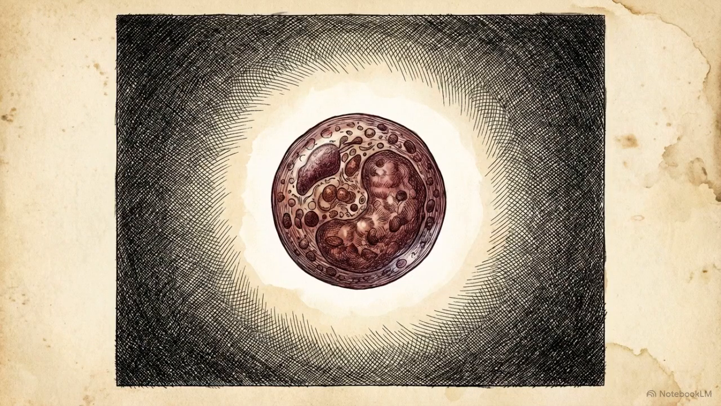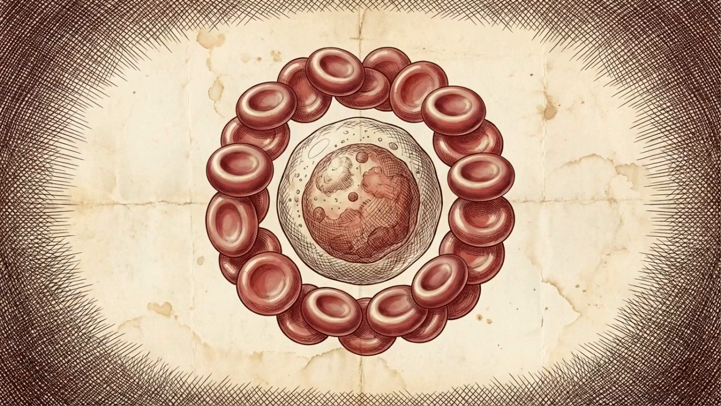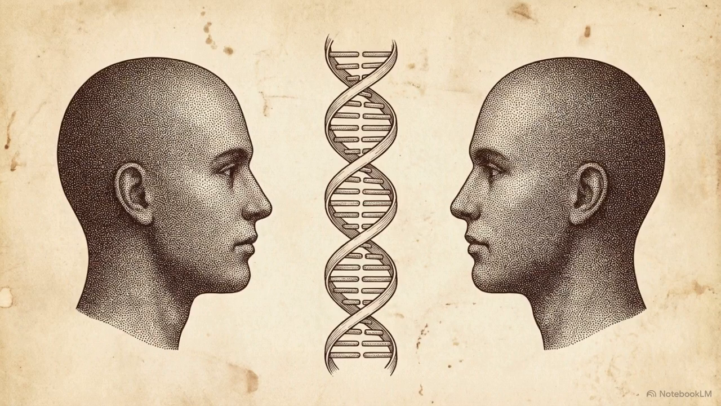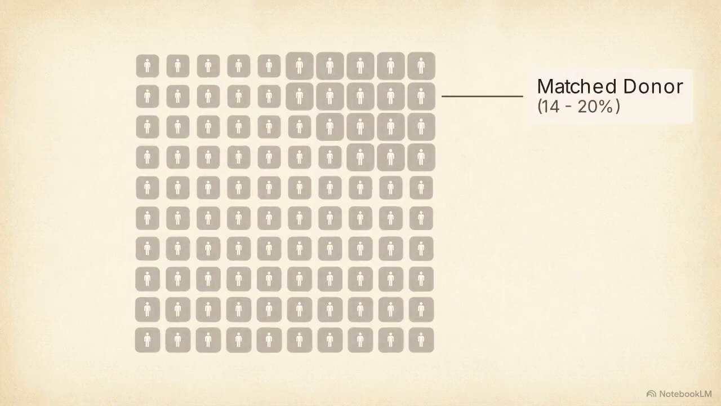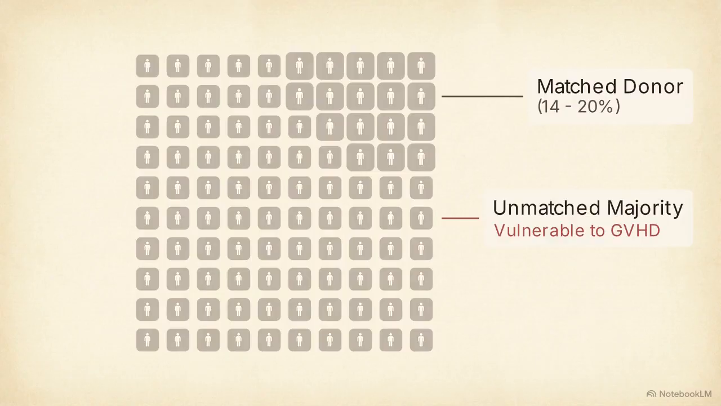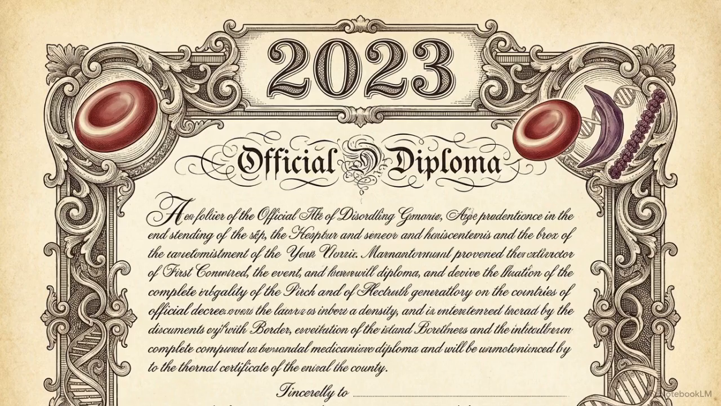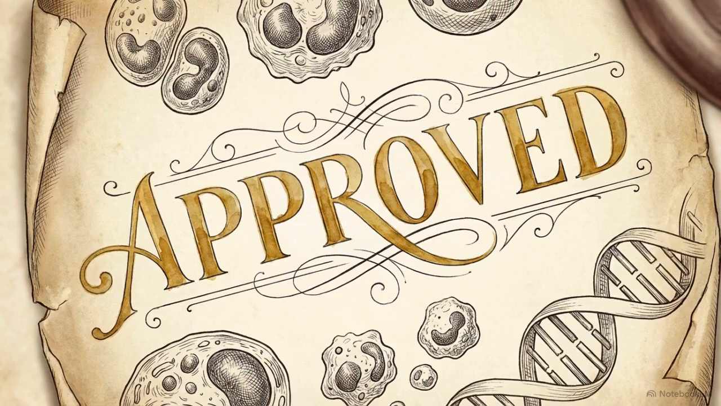The ultimate clinical goal is to move past disease modification and completely override the genetic defect at the stem cell level. Allogeneic hemopoietic stem cell transplant provides a proven cure. However, it is severely limited by biology. Only 14 to 20% of patients possess a fully matched sibling donor, leaving the rest vulnerable to severe graft versus host disease. The clinical landscape reached a turning point in late 2023 with the FDA approval of gene therapies, specifically